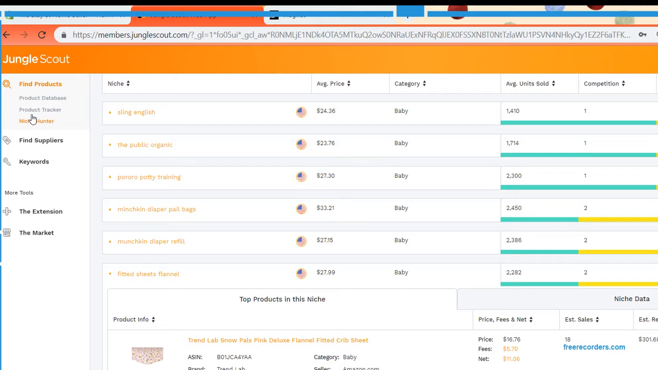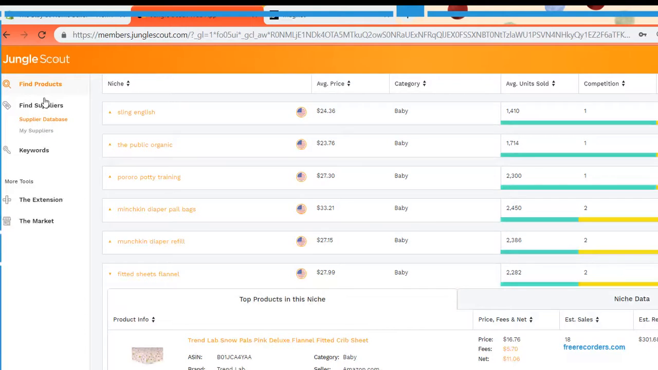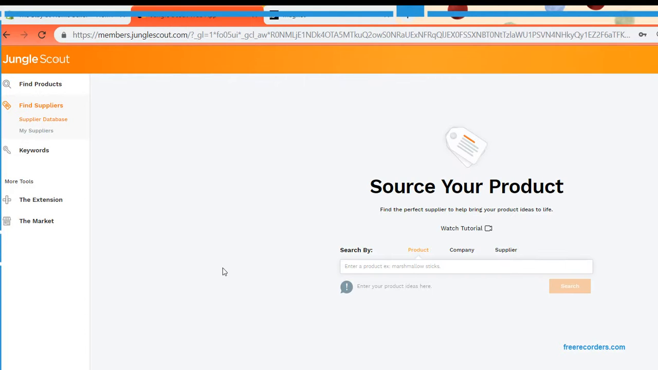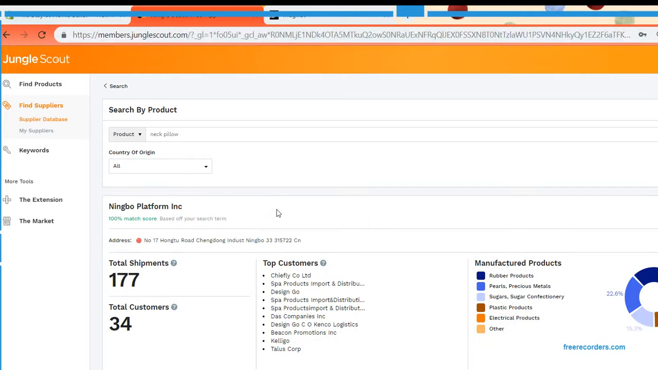A new thing they've added, which I'll just show you briefly, is find suppliers. So this is, I think they only added this like last week or something. So you want to find a supplier for your neck pillow, or it could be travel neck pillow. You can search via company, supplier. You can watch the tutorials on this. Basically,